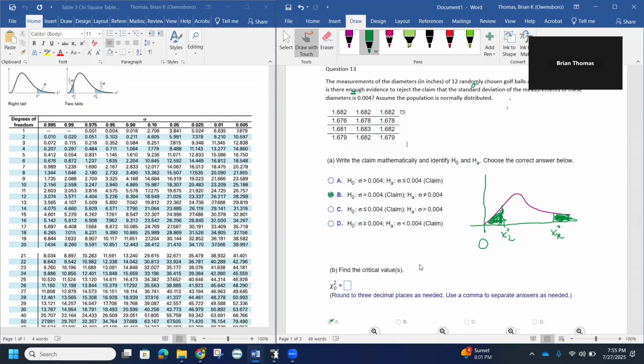Now remember, since alpha is equal to 0.05, we have to use half alpha. So we have to divide that by 2. Half of that would be 0.025. So 1/2 alpha would be 0.025. Using the table, chi-squared R, remember, is the right side of the table. So this side is